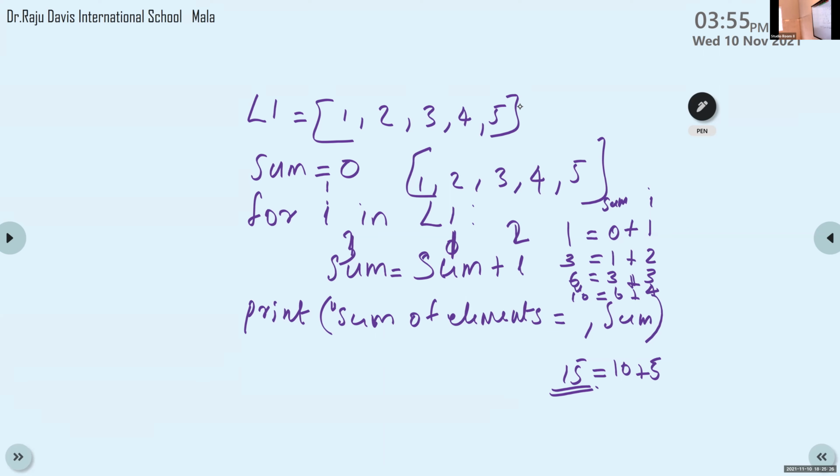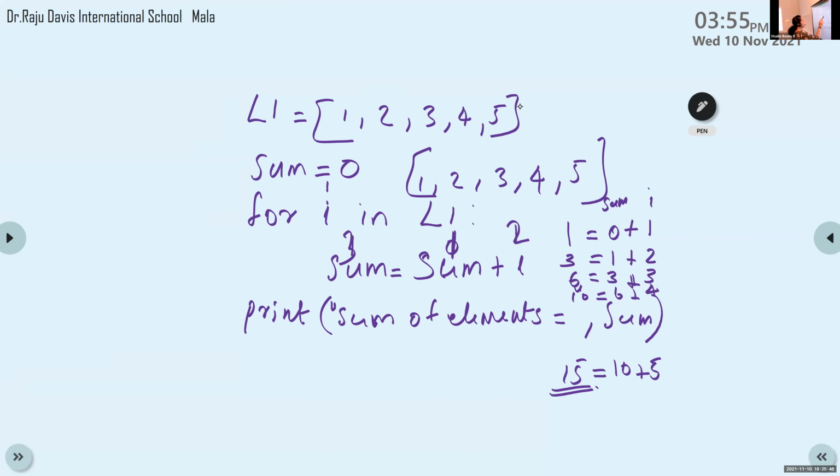So this is the program to find the sum of elements in a list. First you create one list using normal square brackets, and after that initialize the resultant variable with 0, that is sum is equal to 0. Then for I in L1, the content of L1 is 1, 2, 3, 4, 5.